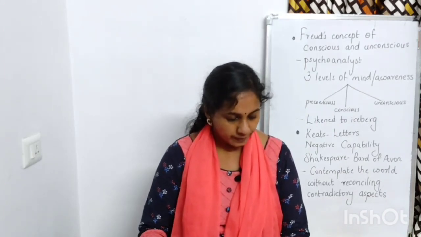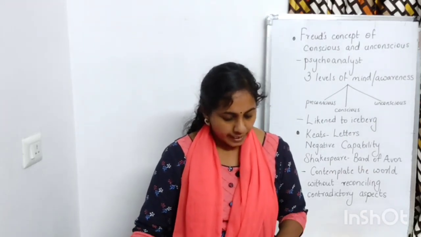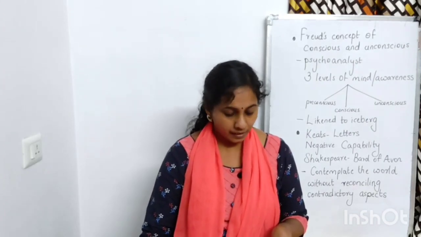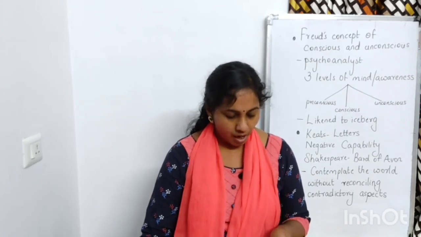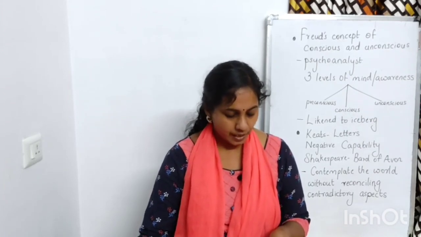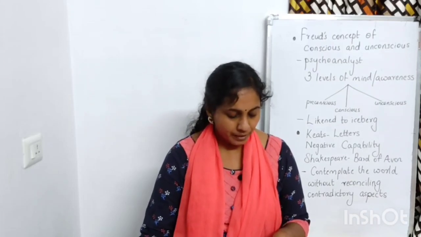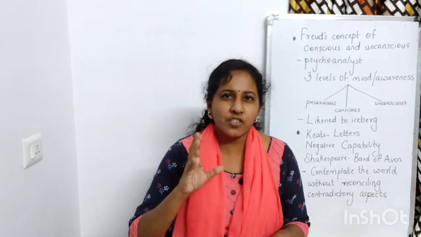Here I would like to tell that quote once again. Negative capability, according to Keats, is when a man is capable of being in uncertainties without irritable reaching after fact and reason. Man ഉദ്ദേശിക്കുന്നത് ഇവിടെ ഷേക്സ്പിയർ ആണ്. He was capable of being in uncertainties. Uncertainty എന്ന് പറഞ്ഞാൽ നടക്കാൻ സാധ്യതയില്ലാത്ത, അതായത് ഫിക്ഷൻ ആണ്.